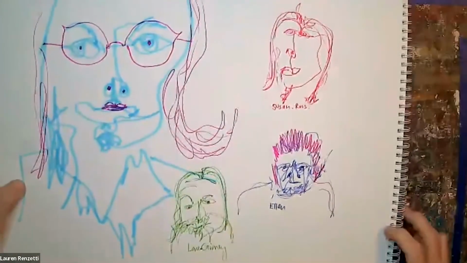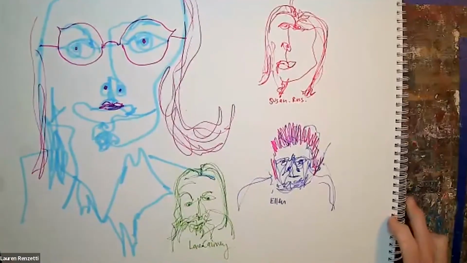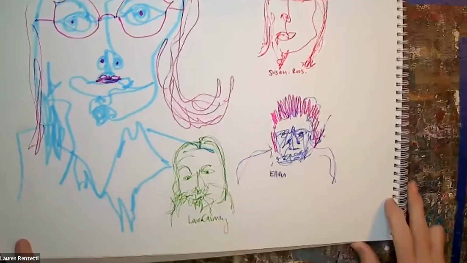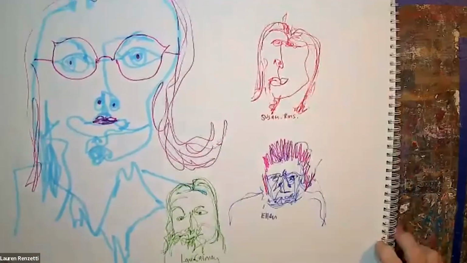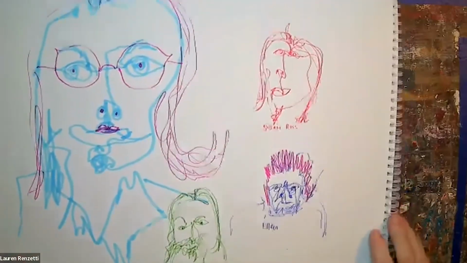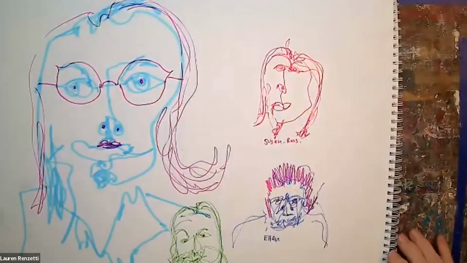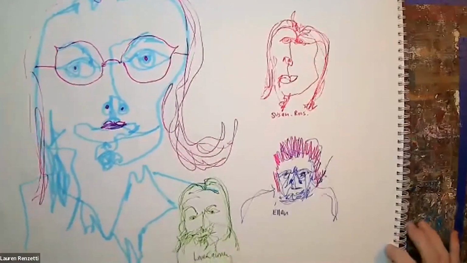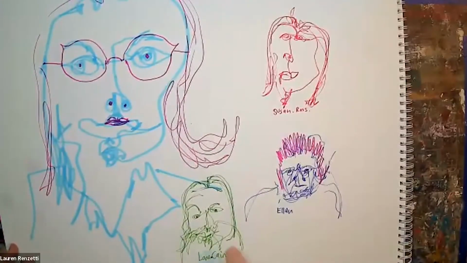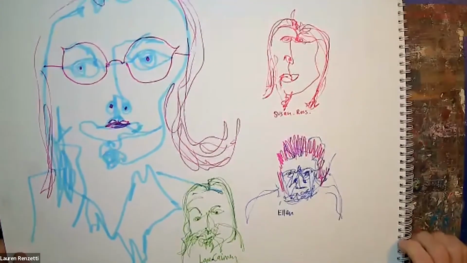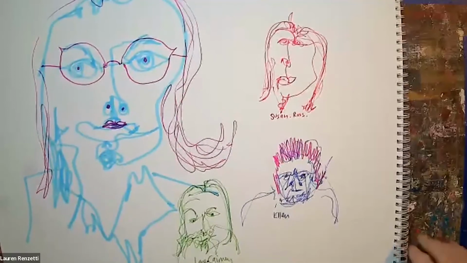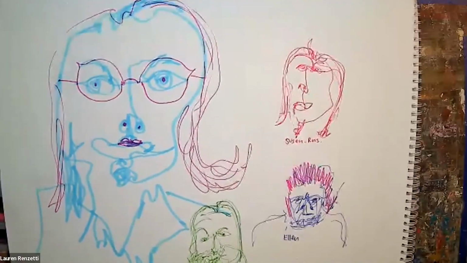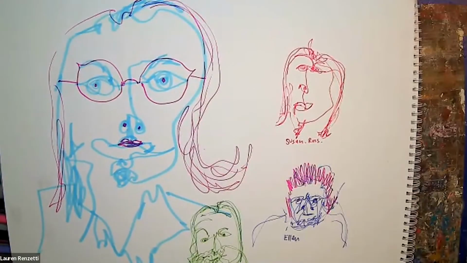So I did Susan Ross, Ellen, and Lori Carney. And they're not bad. I mean, but they do look all different from each other. And I'm sorry, Susan, I'm sure you have a bigger brain than that, but it's the best I could do with what I was doing. And Laura, you've got a bit more eyebrow than maybe you deserve. But so this is what we're going to try and do. So it would be really great if you'd be willing to share by holding up your image.